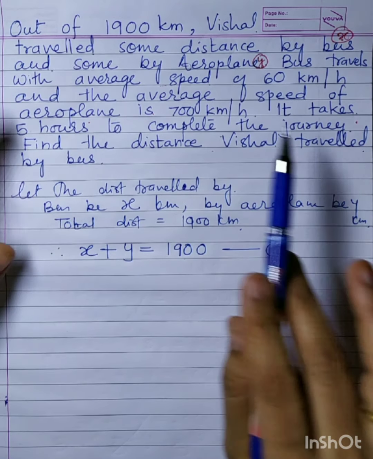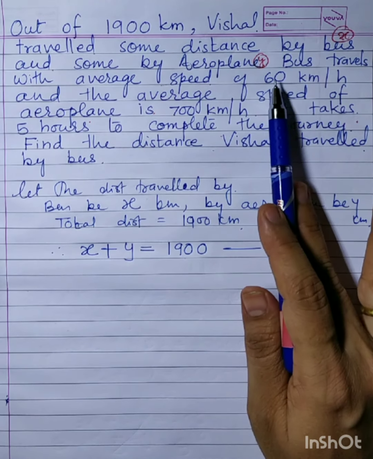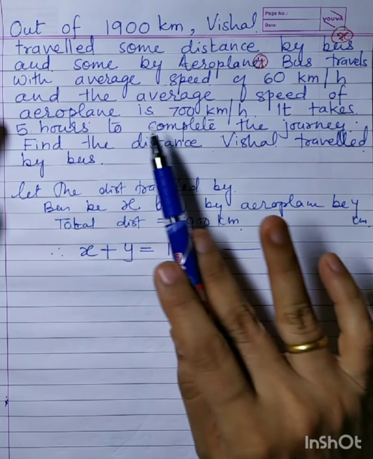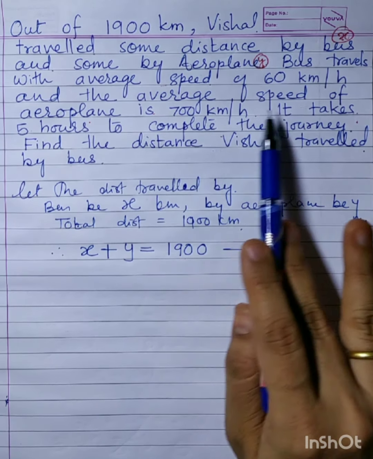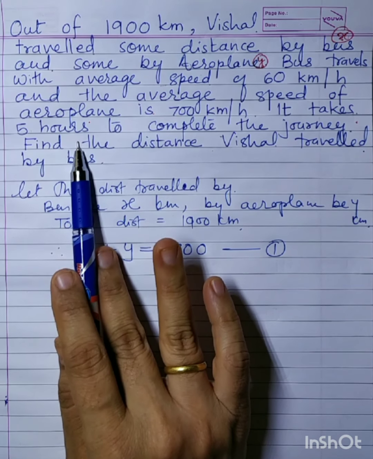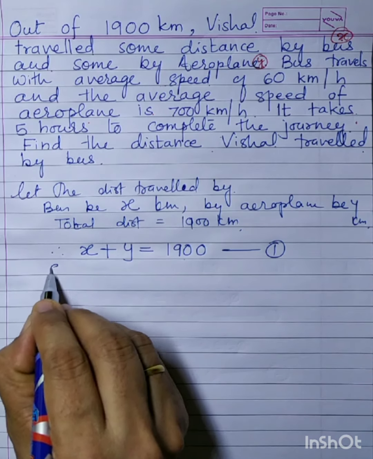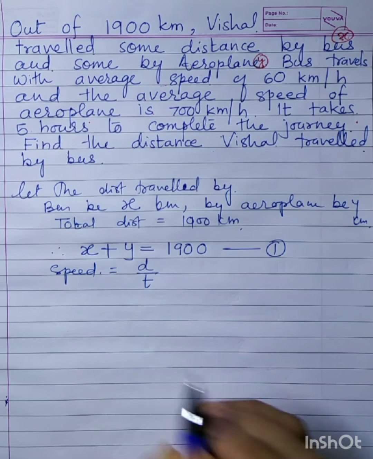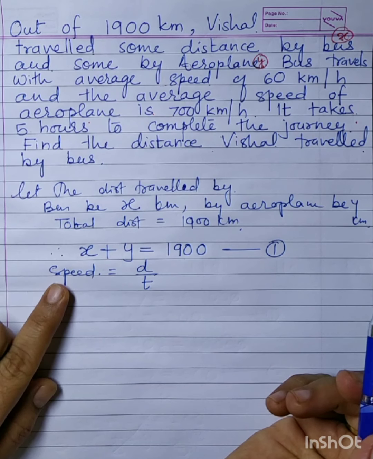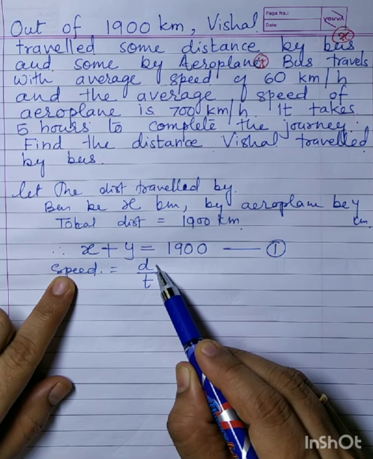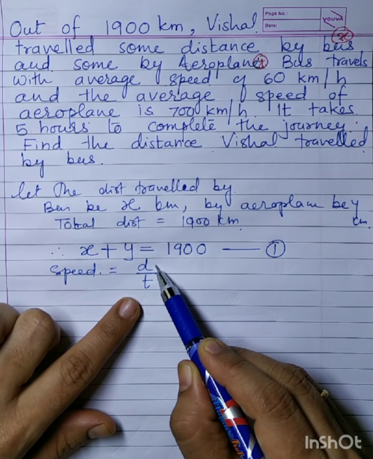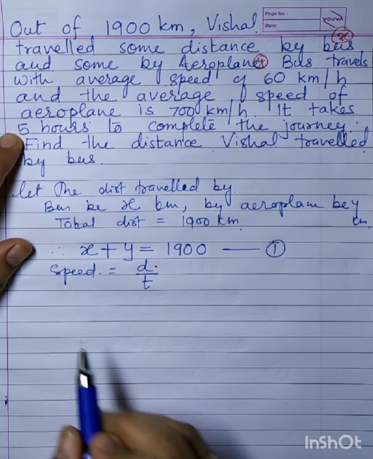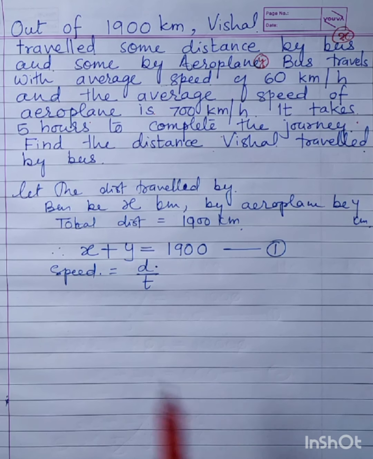Now further part, their speeds are given. Speed of bus is given, speed of aeroplane is given, and the total time taken for completing the journey is given, 5 hours. So you all may remember a formula. What was that formula? Speed is equal to distance upon time. Okay. Here we are given the speed. We have assumed the distance. So the time we can work out. So total timing is given to us, that is 5 hours. Now understand, this all rough working I am doing for you.